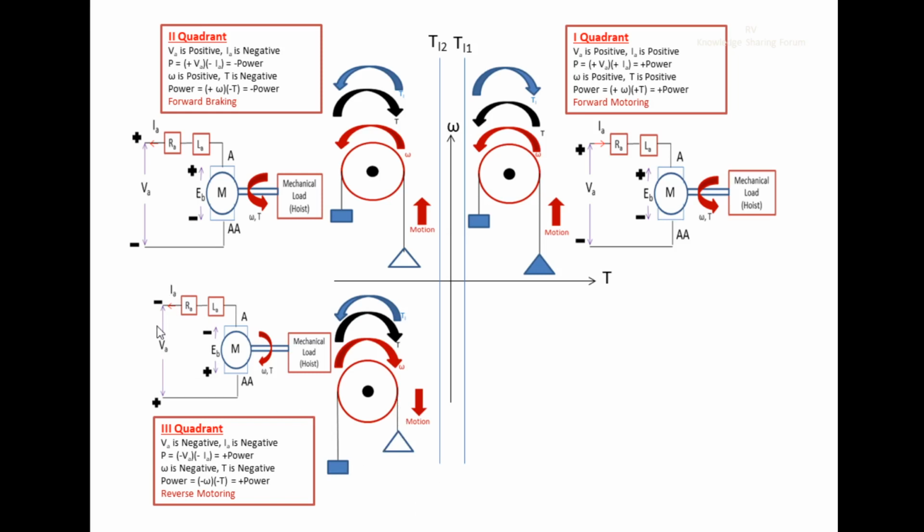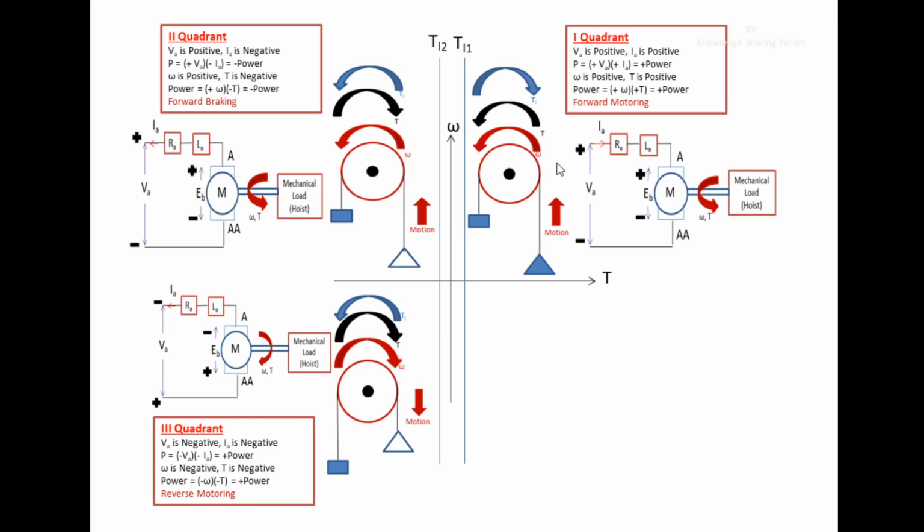Okay, this electrical input energy is converted into the mechanical output energy, called speed and the torque. Therefore this motoring torque will provide the motion to this empty cage, and this empty cage can be moved downwards. So this is how the third quadrant is operated. Now let us discuss this one. Here this is motoring, because we have performed the motoring operation. Here this electrical input energy is converted into the mechanical output energy, and we have obtained this motoring torque, and we have provided the motion, or we are supporting the motion of this empty cage in the downward direction. Hence it is motoring operation.